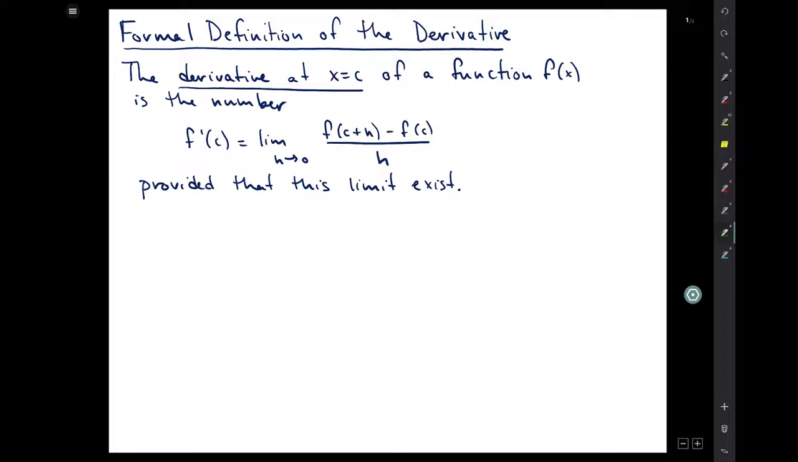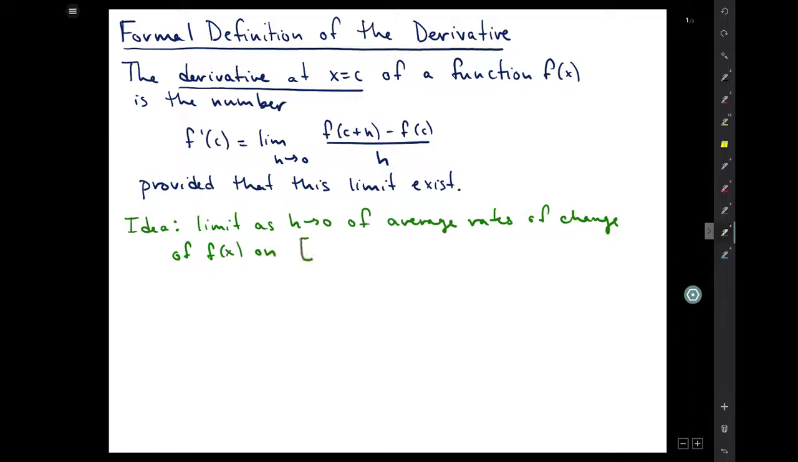So the way to understand where this definition is coming from is you can think about this as the limit as h goes to 0 of average rates of change of the function f of x on the intervals [c, c plus h]. That should be a square bracket. So we can think of it as the average rate of change on these shrinking intervals that go to just the point c. A way to visualize this